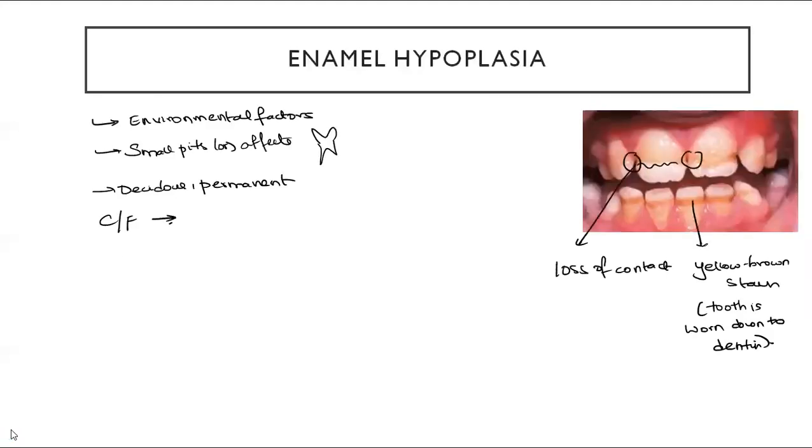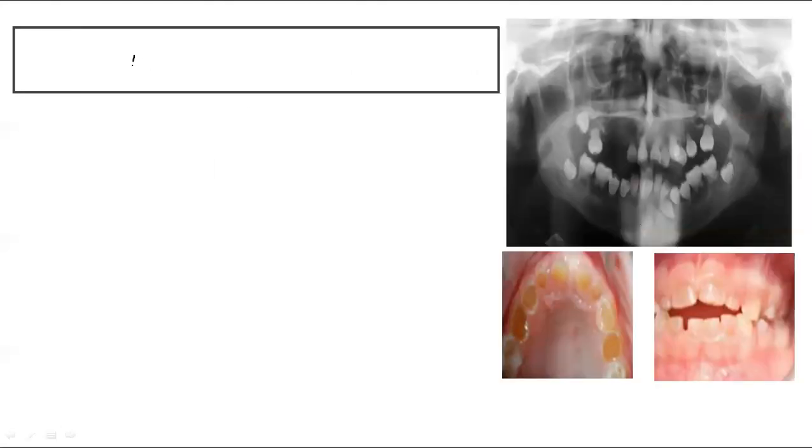Now, let me give you a quick recap. So, enamel hypoplasia is mainly caused because of environmental factors, but not because of genetic factors. And here you can see small pits, and it can affect the whole tooth. You can see yellowish brown stain. It means the tooth is really worn out till the dentin. That's when you can see that brownish color. And it affects both deciduous and permanent teeth. And lack of contacts is one of the main things that you can notice. Okay, this is another